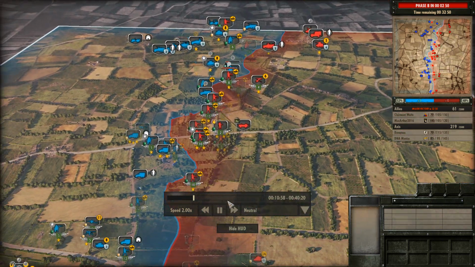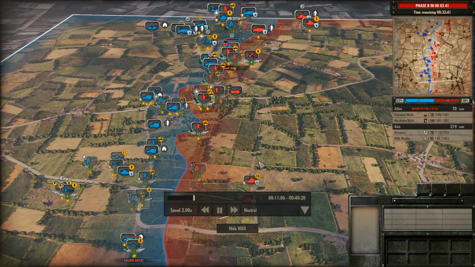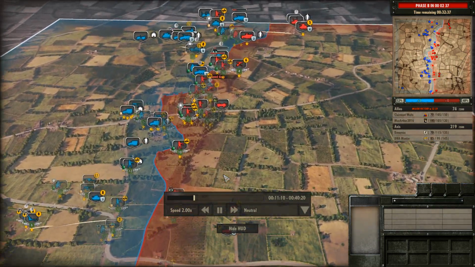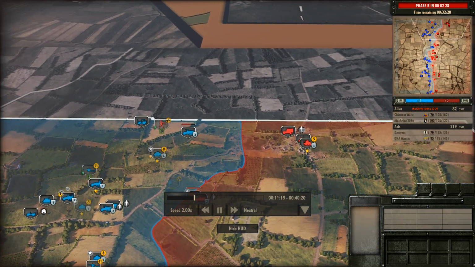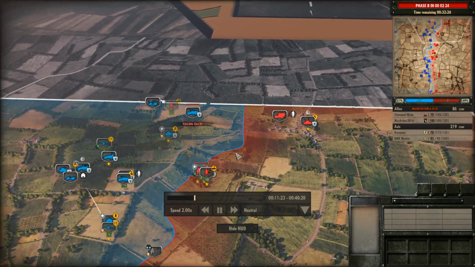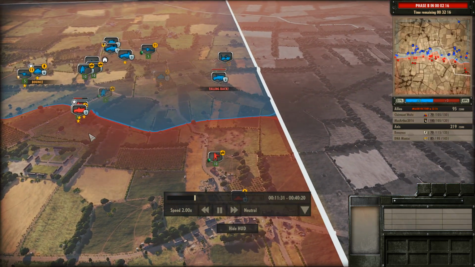But it's going pretty well for the Allies. They're just getting map advantage now. They've got artillery down south. We are still in phase A, and once you get into phase B, we'll look a little bit better for the Axis, especially for the 12th Panzer Division, as they can start getting some actual proper tanks on